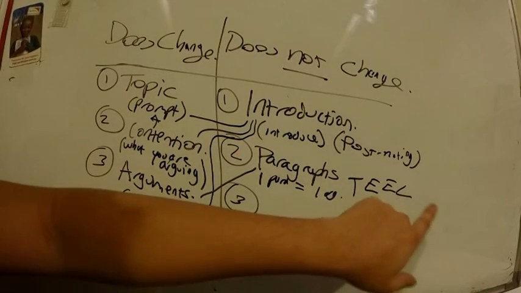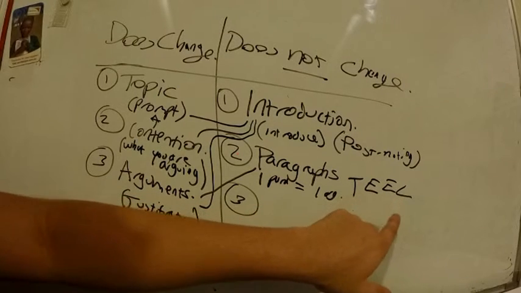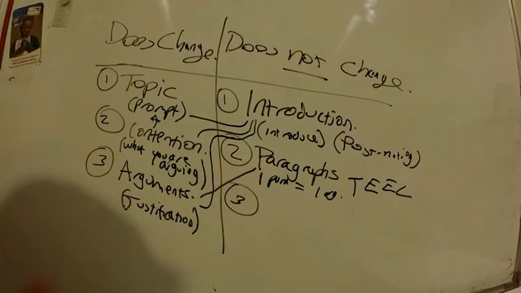Link. Now the link sentence is what I find most contentious, because the link sentence, when they teach in school, basically means that you're taking paragraph 2 and you're linking it to paragraph 3. The problem I find with this is that, well, it's not really a problem, it's actually okay if your paragraphs link. The problem I find in that regard is that some paragraphs just don't link. Some paragraphs are just different from each other, and they shouldn't be made to link. What I like to replace this